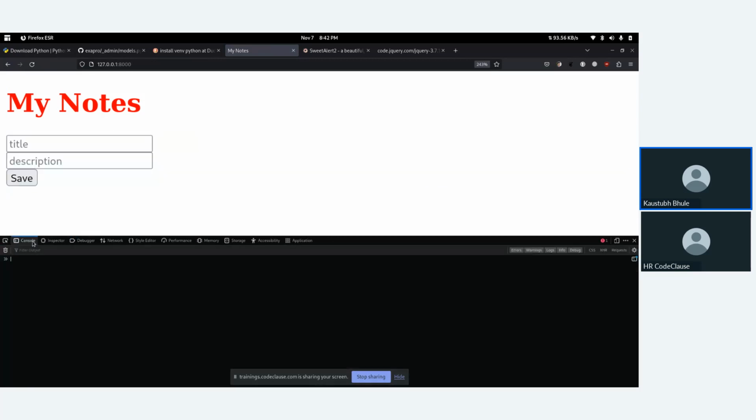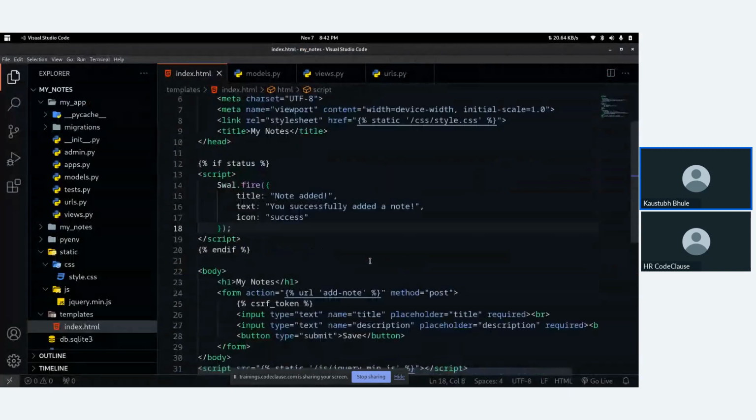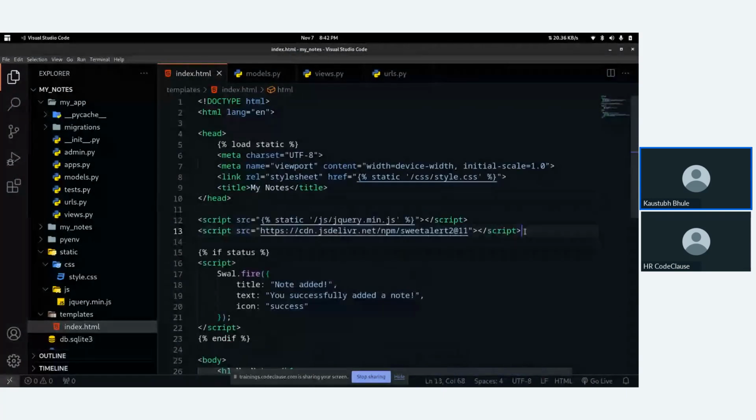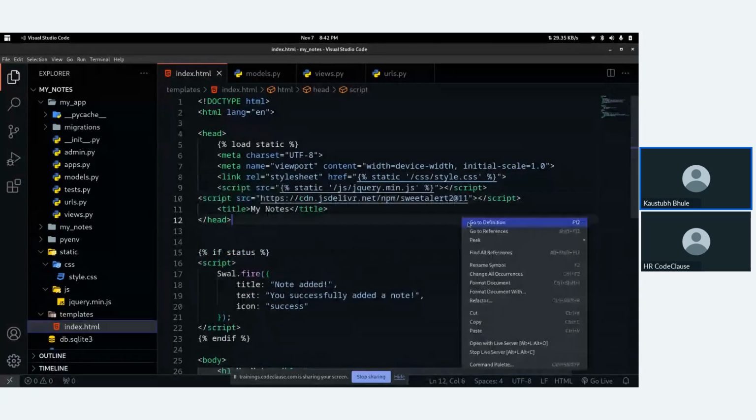Okay, swal is not defined. Basically, this CDN is not working. So what I will do, I will just cut this script tag and load it here, or just load it in the head.